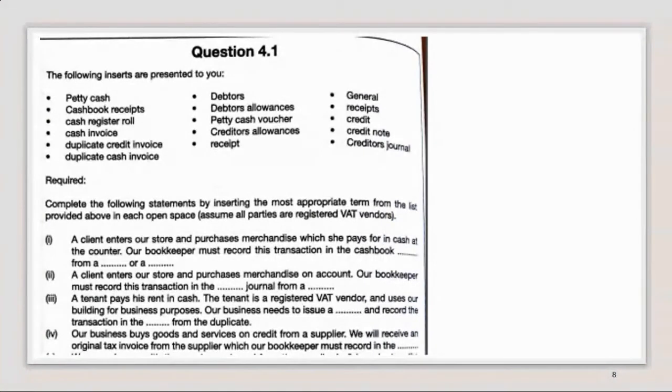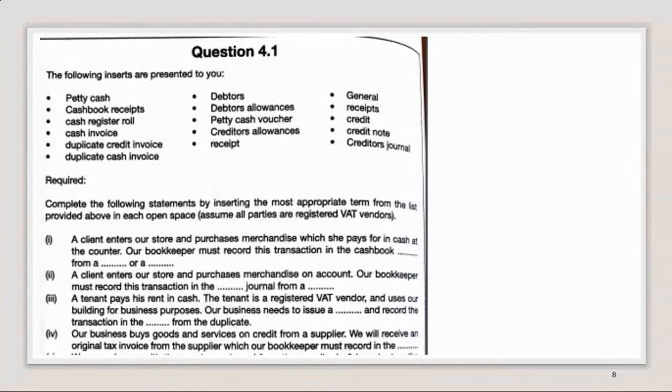What other document do you think we could also use to capture any cash transactions? So the one is the duplicate cash invoice. What other item on there do you think we might use? Okay, receipts. You're on the right track, but we don't call it a receipt from our point of